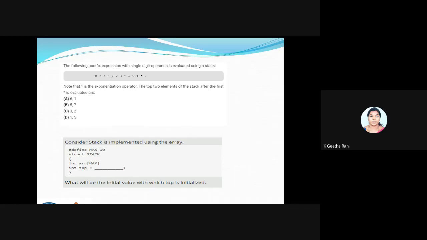Hope you are interested in answering the questions. Read the question very clearly. You can see I'm asking for the top two elements of the stack after the first star is evaluated.